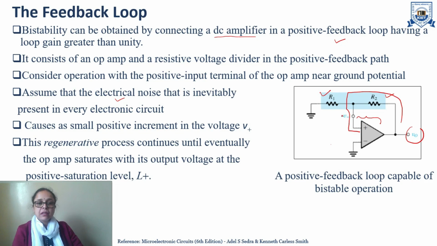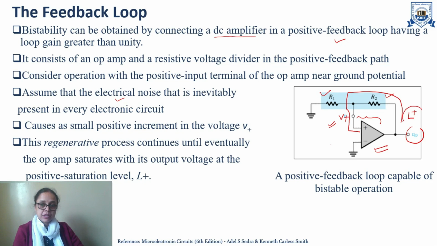That noise signal causes a positive increment in the voltage V plus, means the noise will increase this voltage V plus in the positive direction. And since this V plus voltage will increase, the voltage feedback part will also increase. Now this regenerative process will continue until the operational amplifier saturates